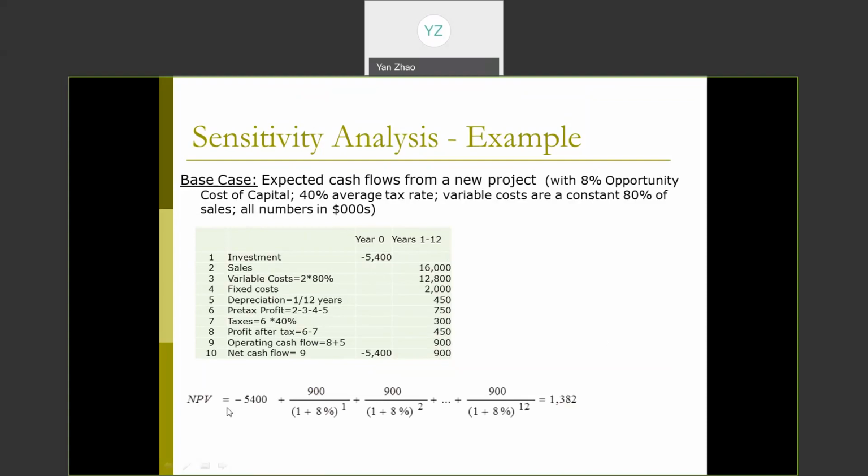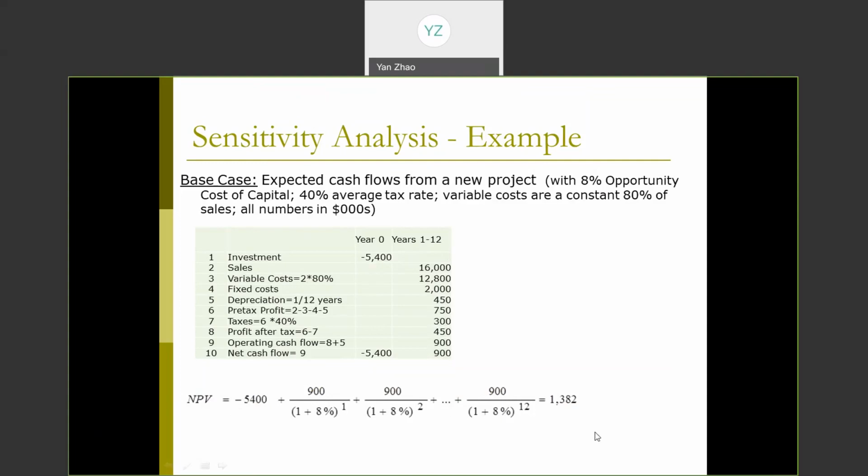Okay, so plug in all the numbers. Initially, at time 0, you made an investment of $5,400. So that is why there is a negative number in front of it. Then in the next 12 years, each year you will have $900 cash flows. Discount all the $900 at 8% according to the period you receive them, you get the net present value,